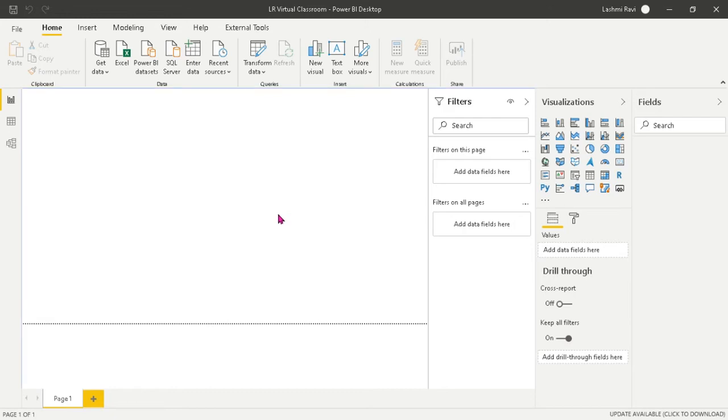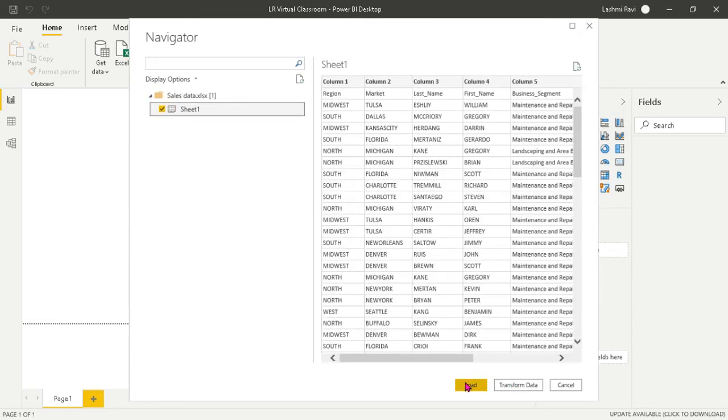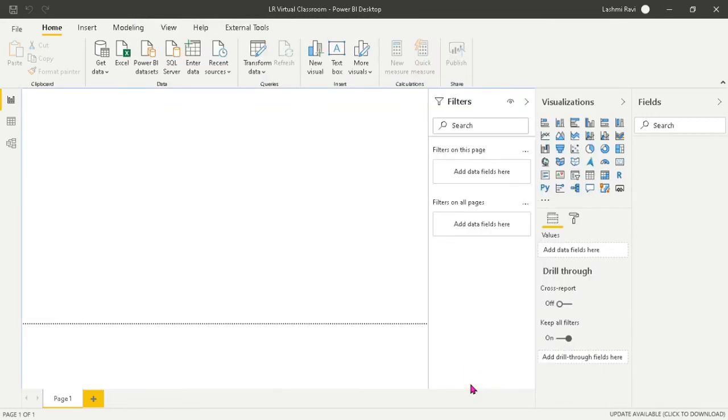When you try to load data, there are two options you have. One, loading the data and then transforming the data. The best advisable is to transform your data and then load the data to your Power BI file. In this way, the size of your Power BI file is going to be very small. You're going to remove all the unwanted columns and unwanted rows. You're going to modify everything first, and then you're going to load the data, which is going to be compressed data, I would say. For this example, I am going to load the data first and then do the transforming step. But I would suggest you transform your data and then load it to Power BI for better performance and quick refresh time.